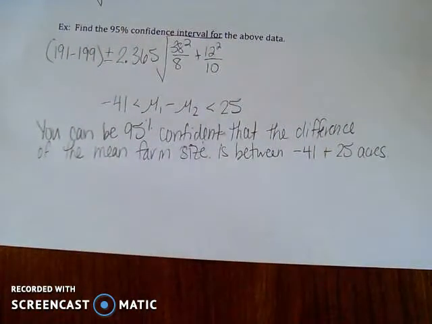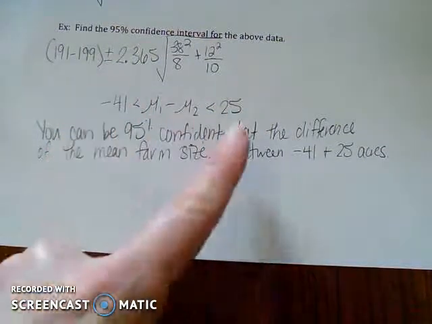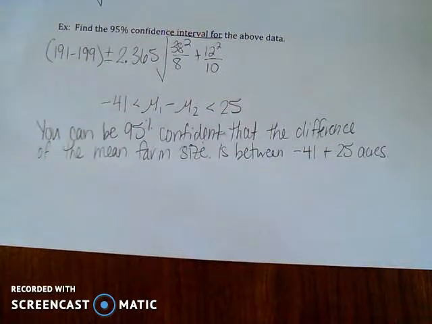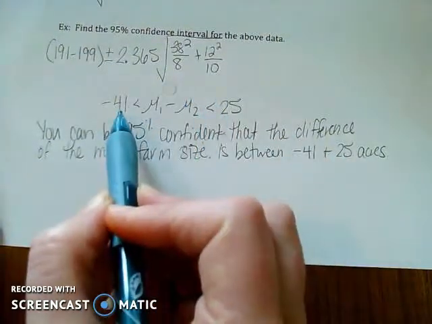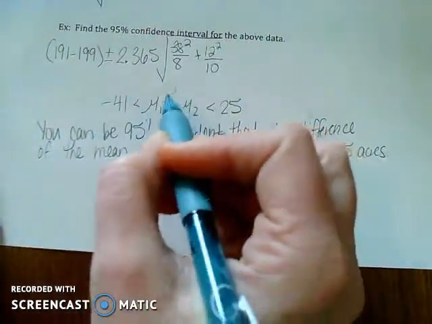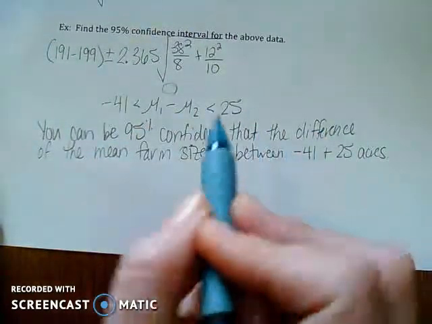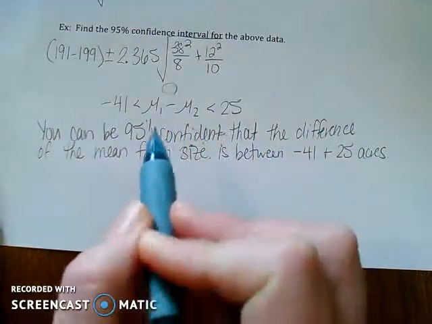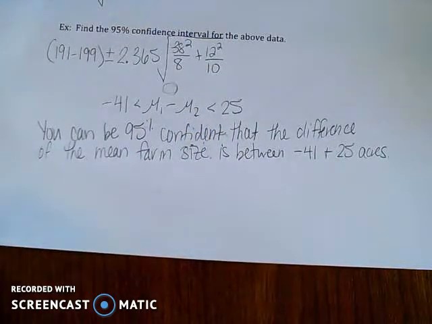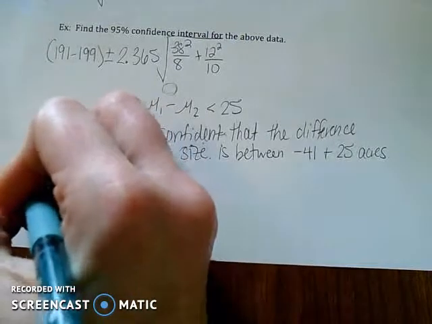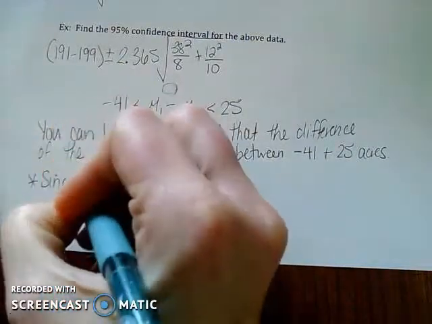So this one's different than from 9.1. 9.1 did not have one positive and one negative. So what this means is that 0 is somewhere in here, right? If it goes from negative to positive, that means 0 is in here. If 0 is in your interval, that means these two could possibly be the same. Or basically, we can't say that they're different. So this one would say since 0 is in the interval,